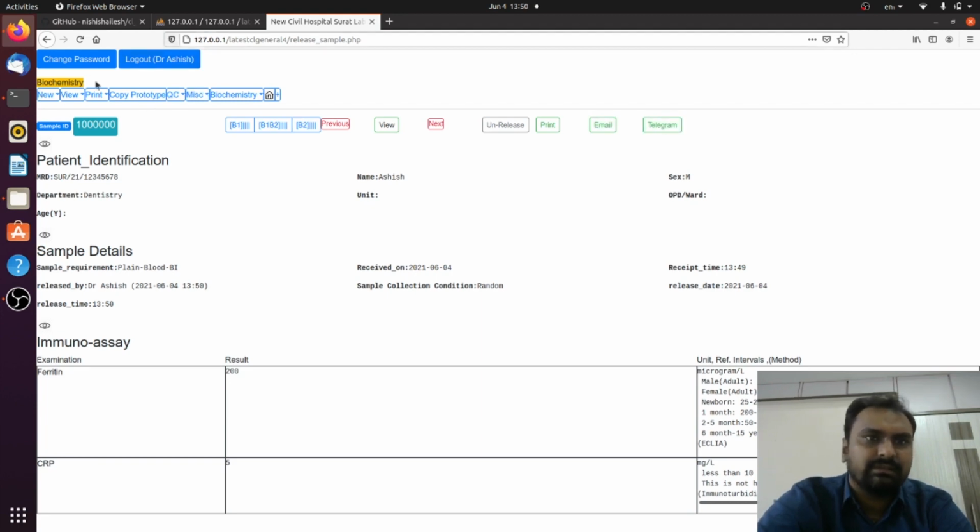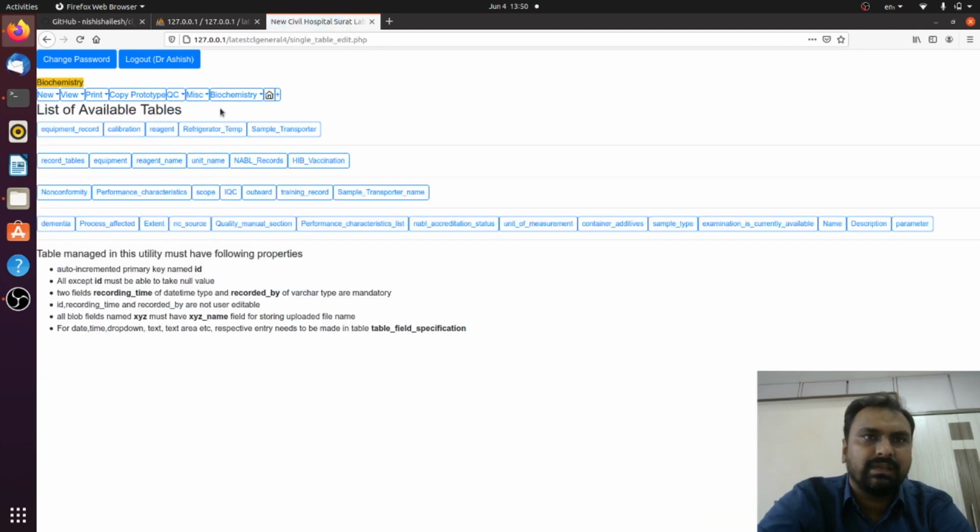So this is a common LIS software for pathology, microbiology and biochemistry. It has wonderful features like you can manage the inventory, you can send SMS to the doctor, statistics. Okay, you can make barcode labels, you can make the AMC CMC calibration and preventive program also through this software.